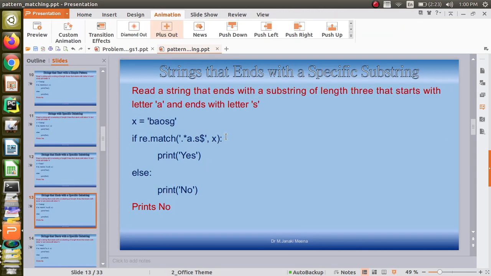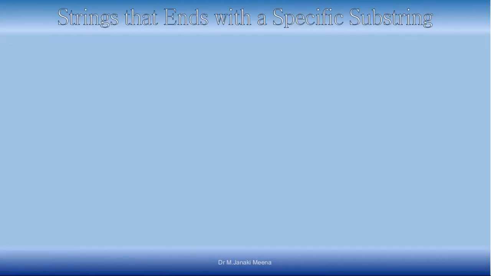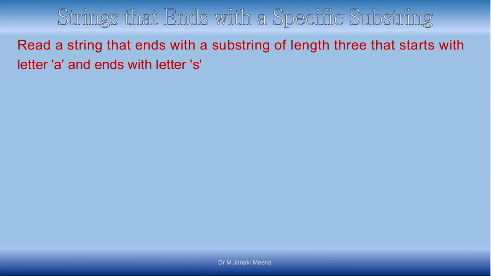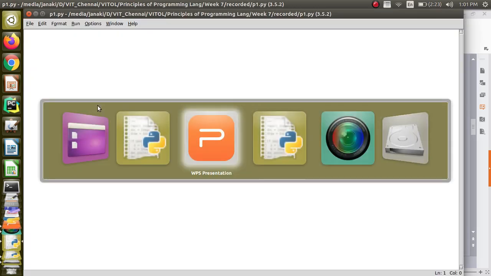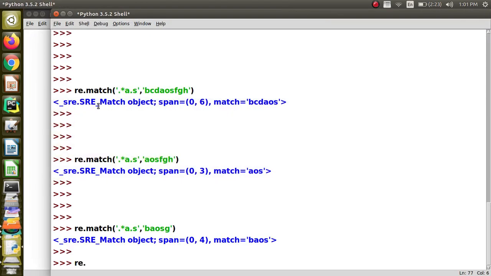Okay, yeah, here it is like end. Sorry, this is the next thing that you should know. That is when you want to end with a specific substring. Previously, the first thing we discussed was how to start with a specific string. Next we discussed that the substring can come at any part of the string. And the third thing is when you want to have a substring at the end of a string. So you are going to have the same thing, that is a 3-letter substring. A string should end with a 3-letter substring. So actually I want something like re.match.